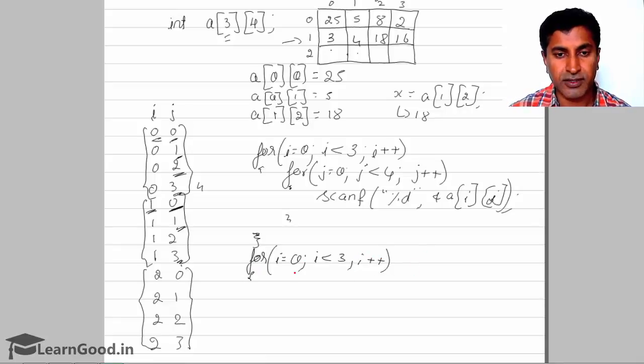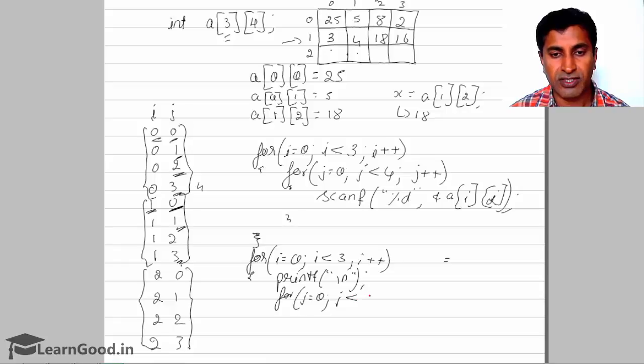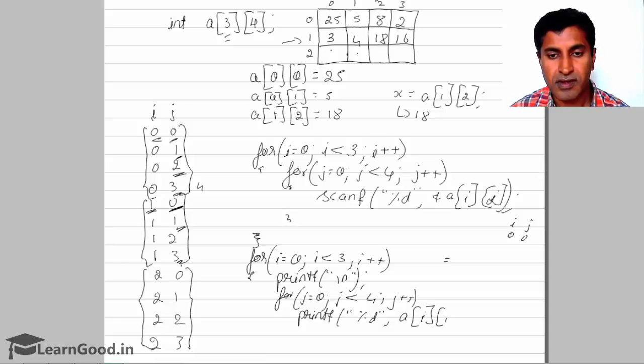So let's bring the cursor to the new line before displaying that row data. By giving printf \n here, the cursor will be brought to the new line, and now to generate the column numbers you take the j loop. j equals 0, j is less than 4, and then j plus plus. And now the first time i value is 0 and j value is also 0. So come and display our i comma j value by giving printf %d, that is array of i of j.